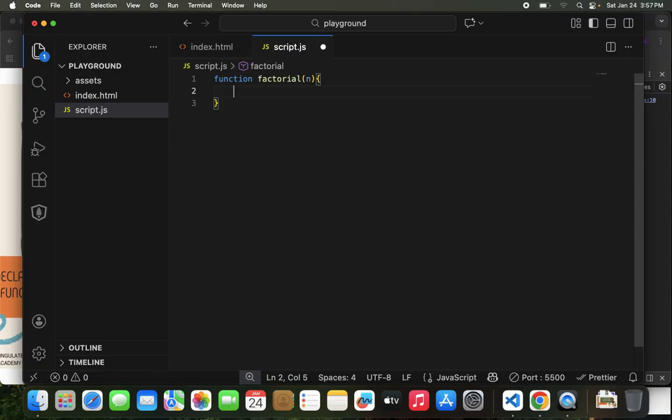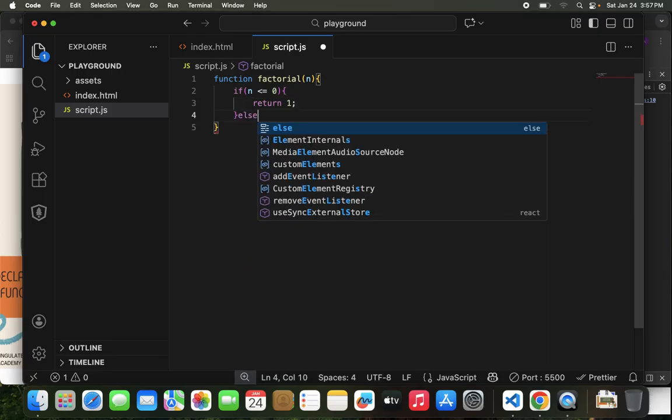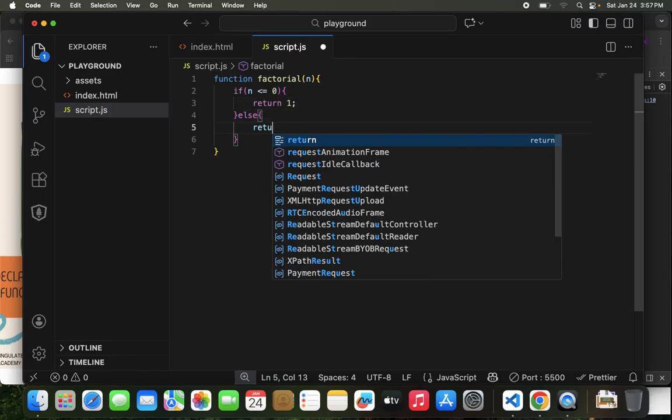Okay, so here we can say if n is 0, for instance, we know 0 factorial is 1, right? So if n is less than or equal to 0, then you can say return 1. Okay, and then else